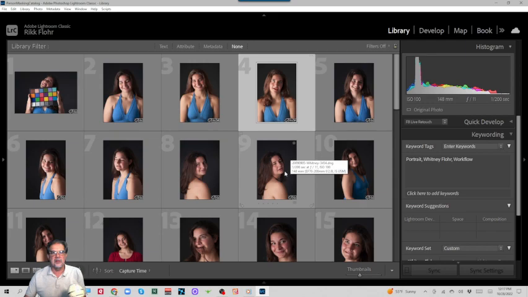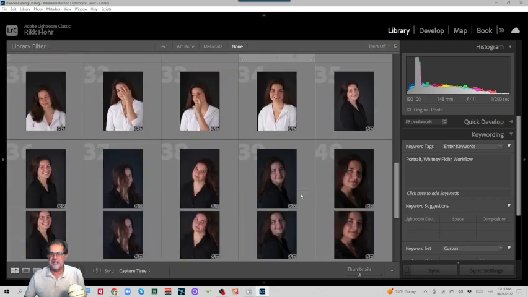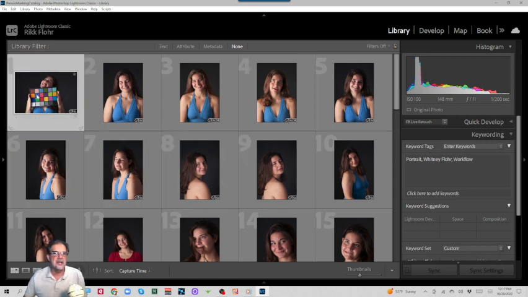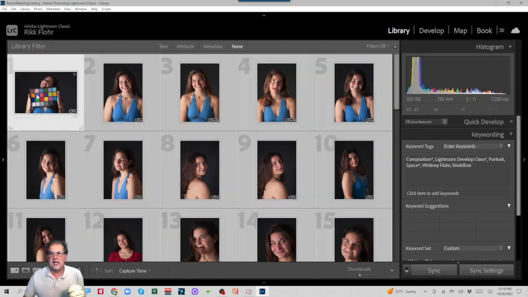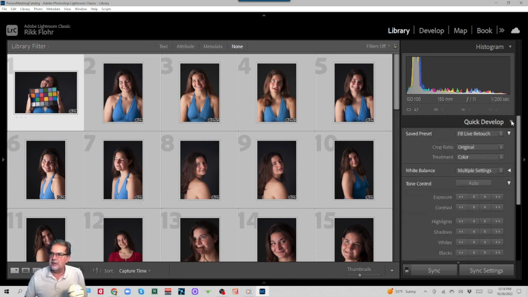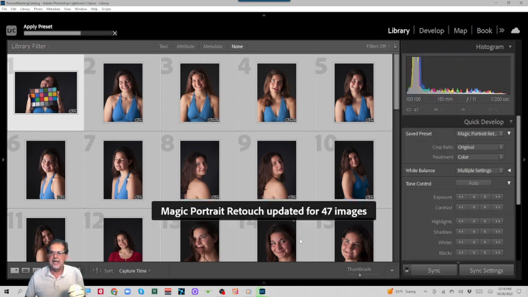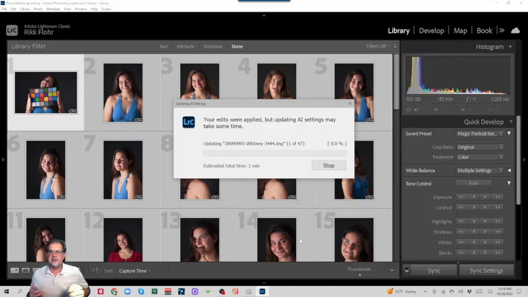We're going to go back to grid, and I've got a whole bunch of faces selected here. Some are darker, some are lighter. They're all different white balances. I can grab this entire pile by selecting the first one and hitting Command or Control A. And over here in the Quick Develop panel, our buddy the Quick Develop panel, I can apply a preset. We'll apply the Magic Portrait Retouch or the Facebook Live, either one, and it will update for those 47